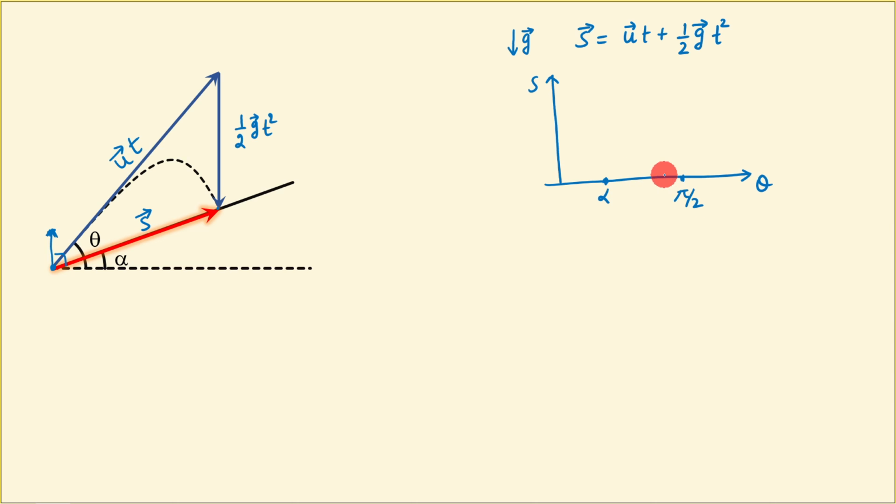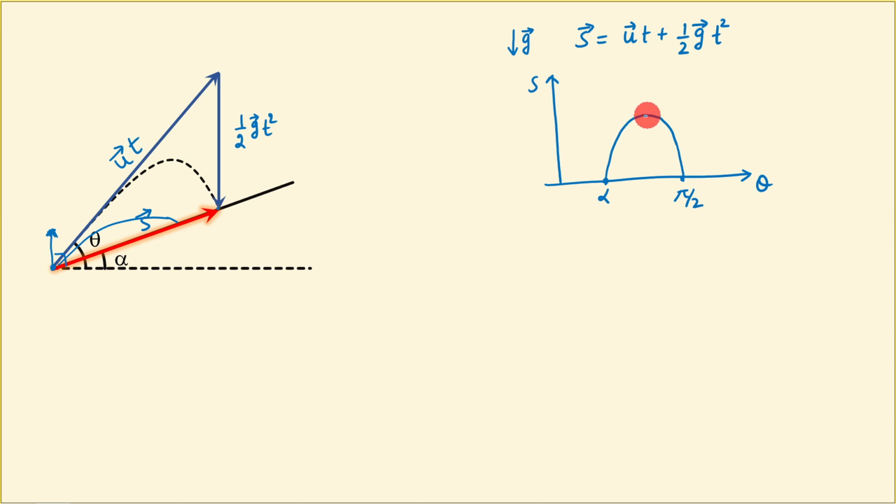Between those points, if we keep on increasing the value of theta from the angle alpha, say the angle is somewhat greater than alpha, in this situation there will be some finite value of s. So the value of s is increasing from alpha, and ultimately it has to decrease also, because it becomes 0 at pi by 2. So this graph will be something like that. It's a tentative graph.